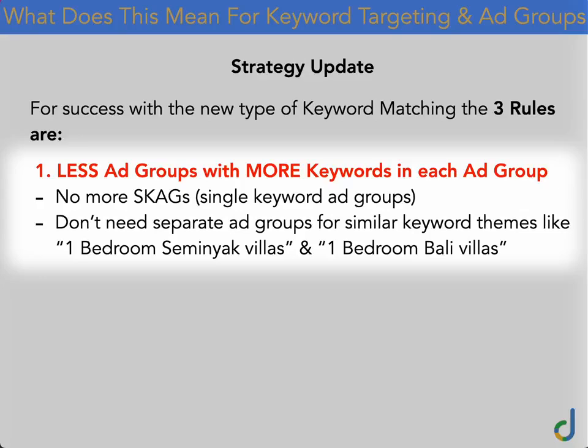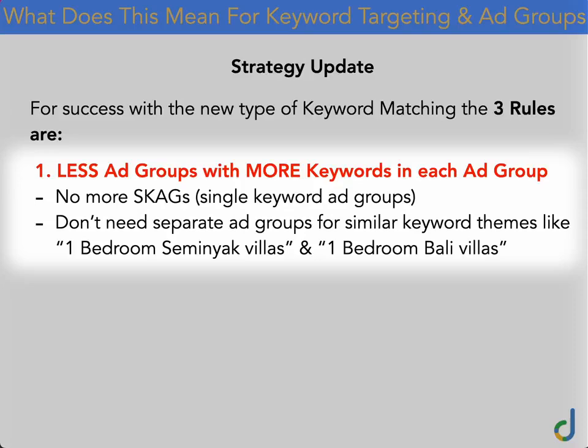The reason for that is because what you end up finding is that if you were to have multiple ad groups, so 10 different ad groups, Google would very, very quickly focus all the spending on 3 or 4 ad groups. So you don't need separate ad groups for similar keyword themes. Historically, for 1-bedroom Seminyak villas and 1-bedroom Bali villas, you would have them in separate ad groups. Now they're going to be in the same ad group because Google would see those 2 phrases as the same